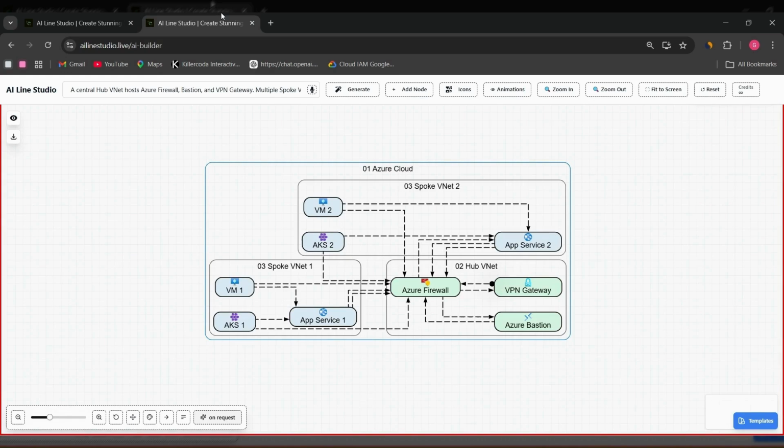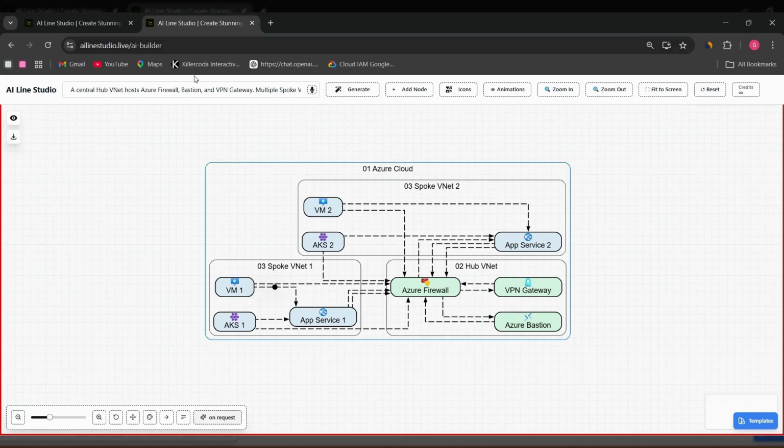So after successfully registering on the platform, the page you would be redirected to is the workspace page. There you need to select your cloud architecture feature. There you would be redirected to the AI builder and you need to select a cloud provider. As we are discussing about Azure architecture diagram, so you would select the cloud provider as Azure.